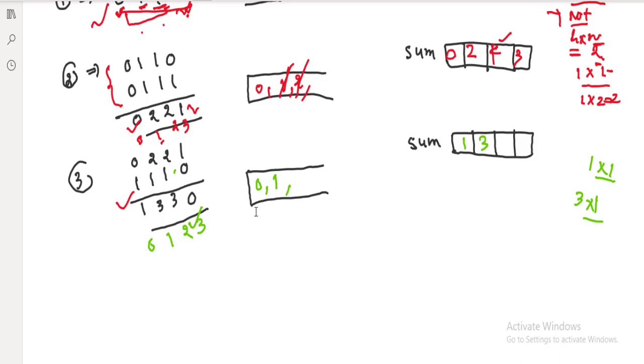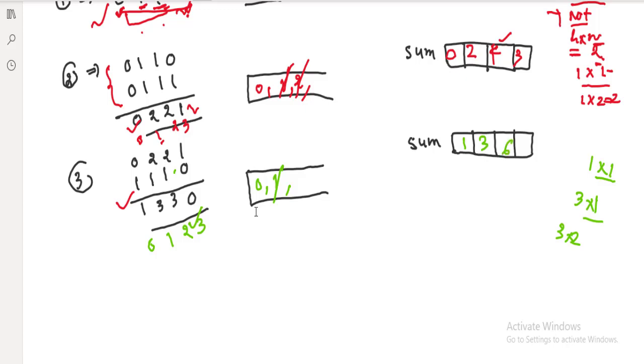Next comes 3. Now see if any element is greater than or equal to this. Yes, the element present at index 1 is 3, which is equivalent. Remove it. This one is smaller, no. Now compute the value. Height into width. What is the height? 3. What is the width? Current index minus topmost index. Current index is 2, topmost index is 0, 2 minus 0 will become 2, 3 into 2 is 6.